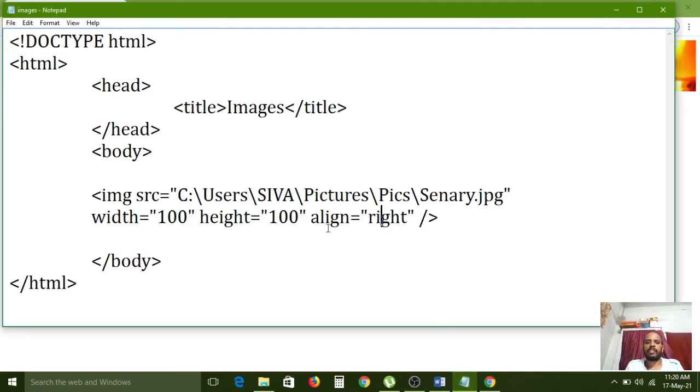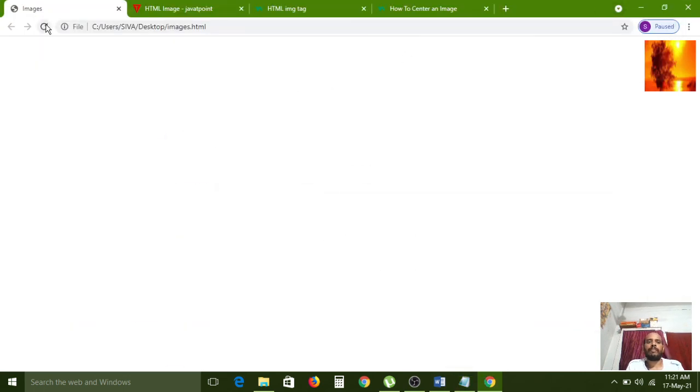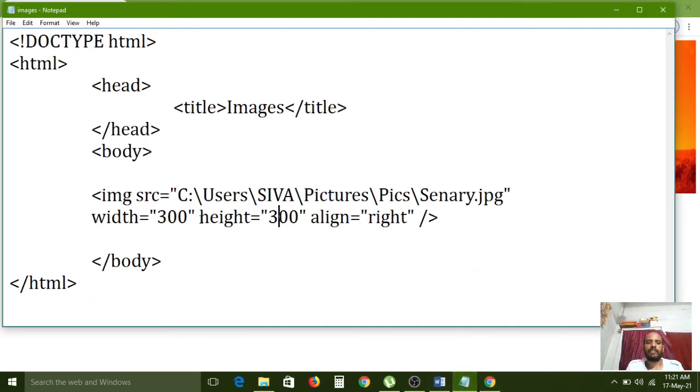If you want to increase the size of image, then you can simply use the 300. So same size, 4 sides same size it can apply. If you want to change the measurements, then as per your requirement, you can simply change. Understand? So here width is required, then only the proper image it will display. 600.